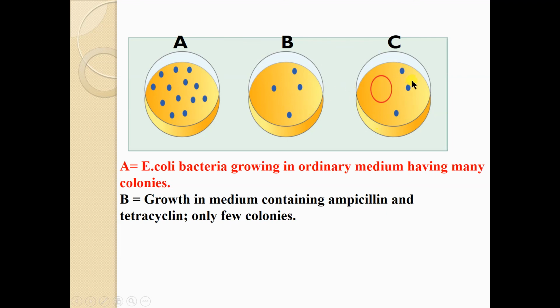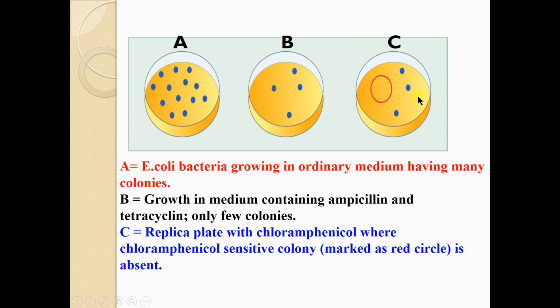We take another replica plate, then we place it over this B medium. So the same copy of replica colonies will be made on the other plate. After that, we add the chloramphenicol drug. As I have told you, our colony that contains the plasmid containing our DNA of interest doesn't contain the chloramphenicol resistance gene because it was inactivated by the insertion of our DNA. So it cannot remain alive in this type of medium, and only the colonies which contain the simple plasmid can grow here.